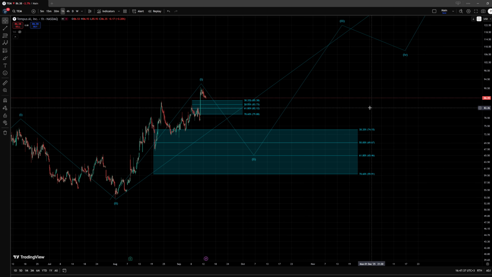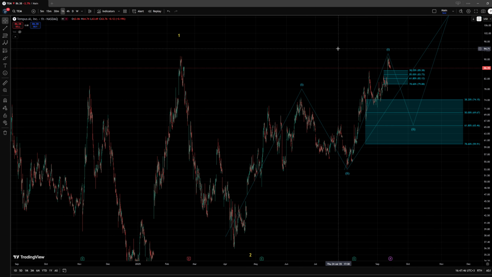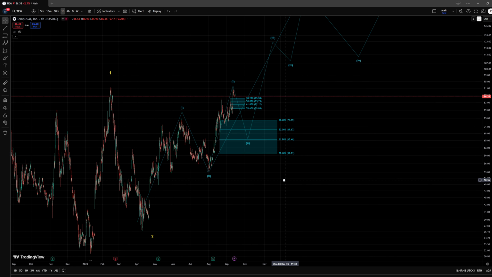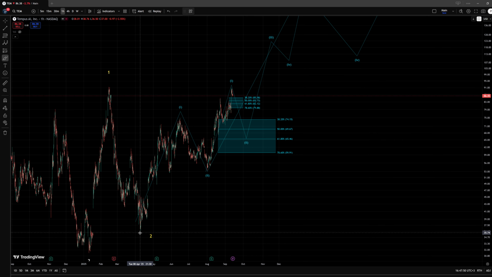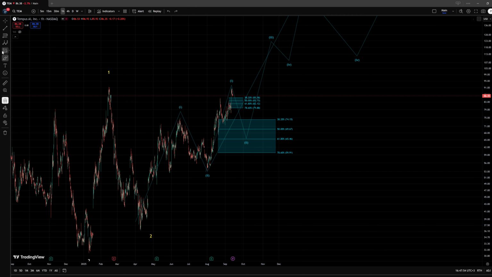It would be better overall for the chart for that to be the case, but again, it is no guarantee that it is how it will play out. And then we also have, unfortunately, the scenario that I mentioned earlier, where this is just an A wave up and we would be looking for a B wave down,